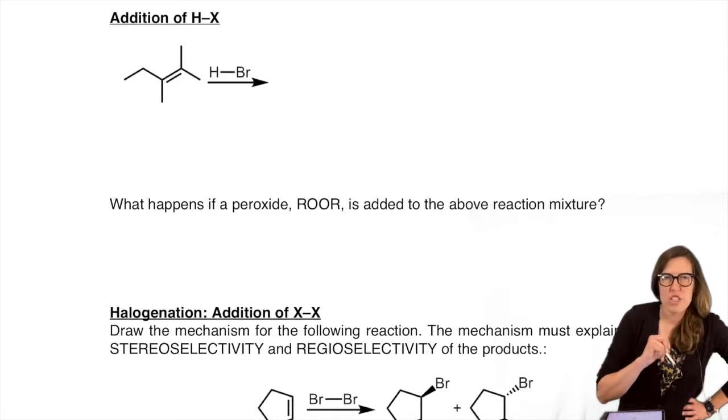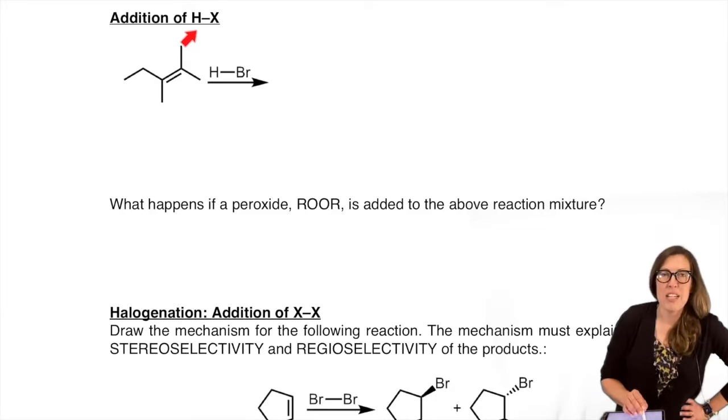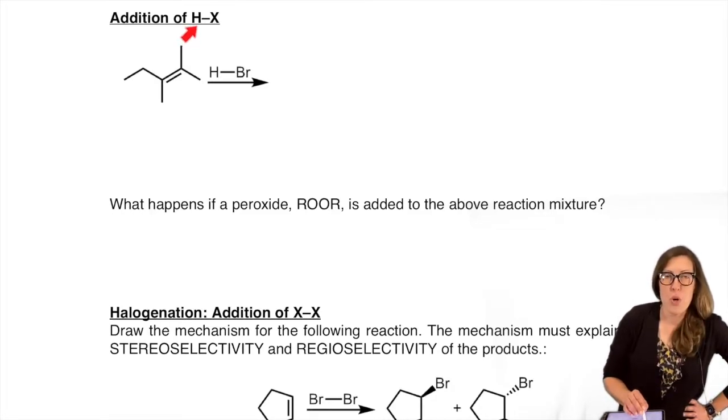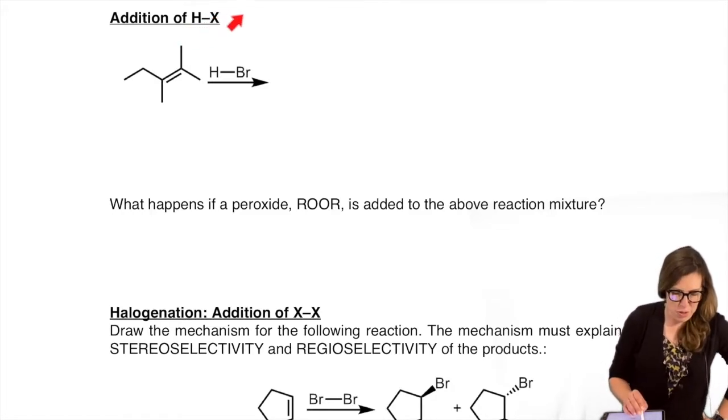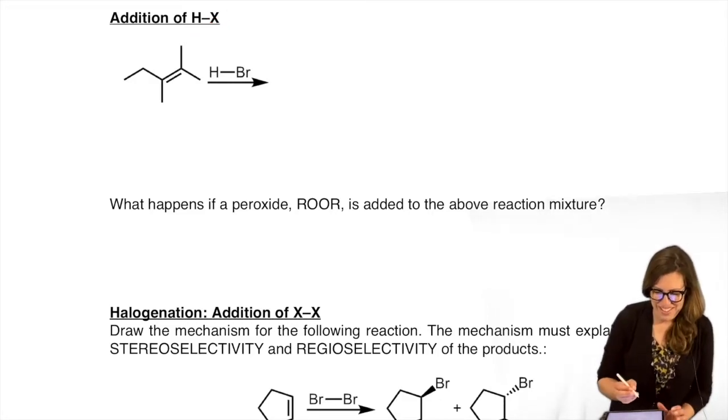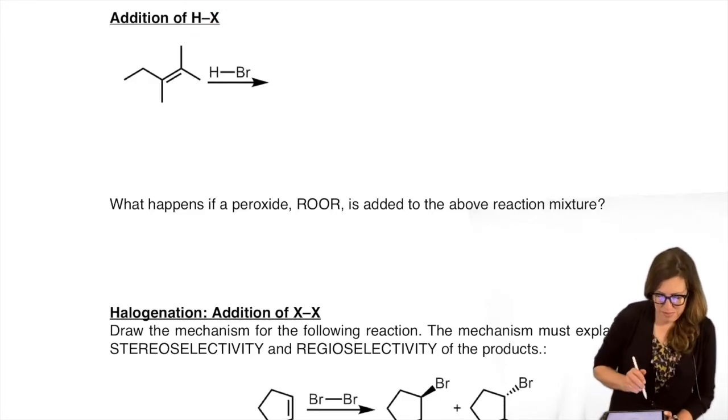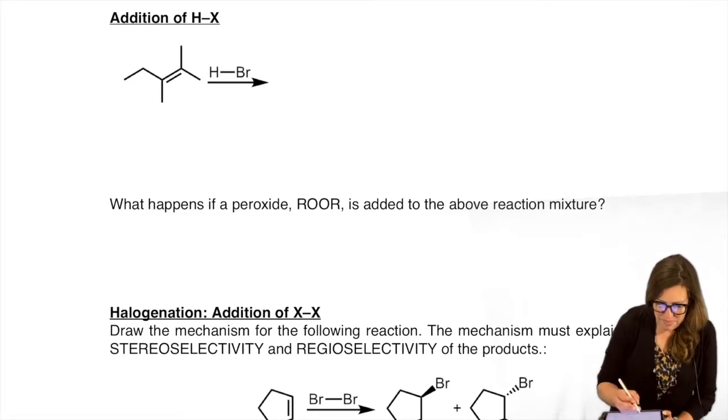So you've mastered adding HOH, water, HOR, or ROH, alcohol, across the pi bond, have you? That's good, because the concept behind adding HX is exactly the same. We just replace OR or OH with X, and actually it's a shorter mechanism. You'll like it for that reason. So let's do the mechanism to tell us what the product is.